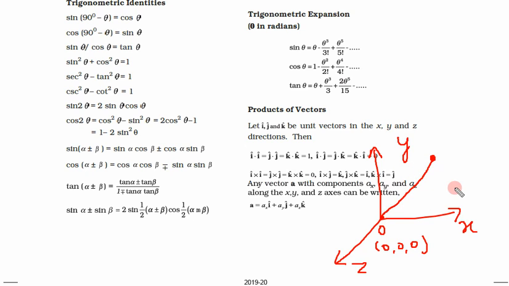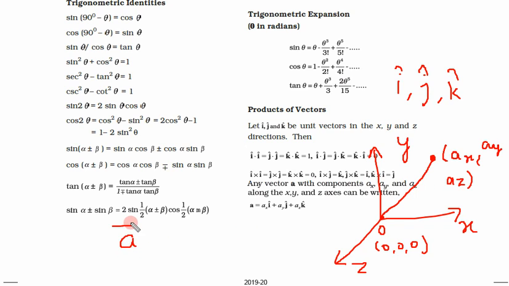So we can write it as, suppose the coordinates are this, let us say ax, ay and az. So what are the unit vectors? Unit vectors are i, j and k. So these are the unit vectors. So how can we write this vector? This vector A is equal to